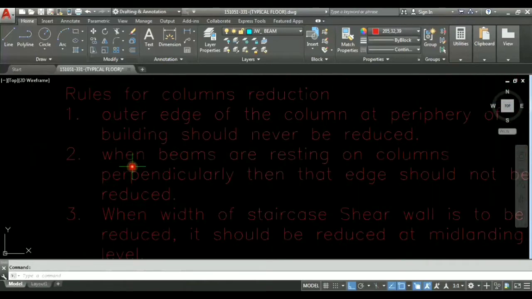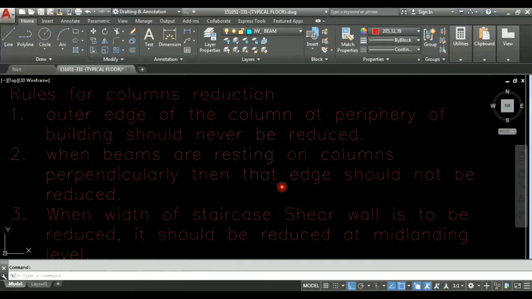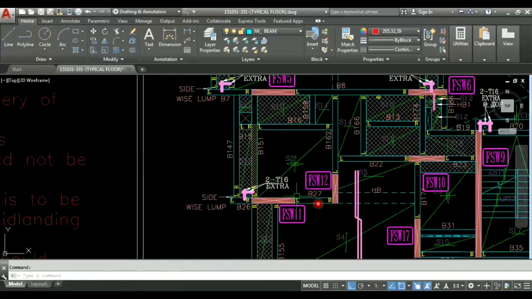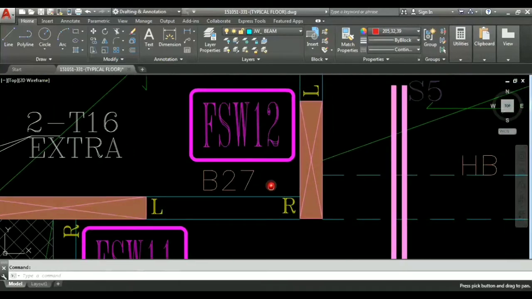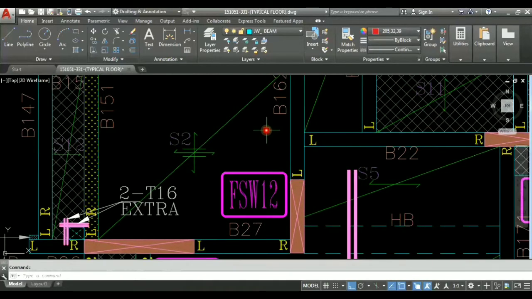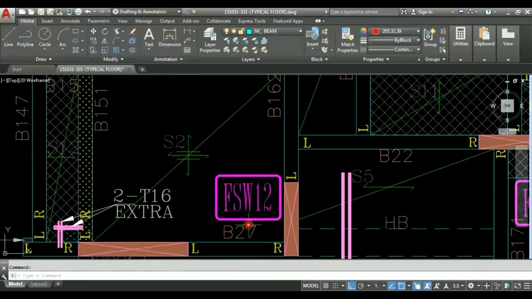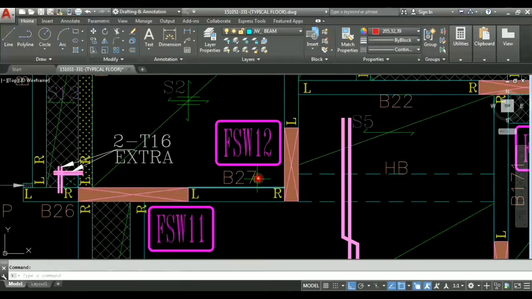Now the second: when beams are resting on columns perpendicularly, then that edge should not be reduced. Here in column number FSW12, we can see that the column is spanning in vertical direction and it has two beams resting on it. One is beam 162 resting in the direction of spanning of the column, and beam 27 which is resting perpendicular to the direction of spanning of column FSW12.